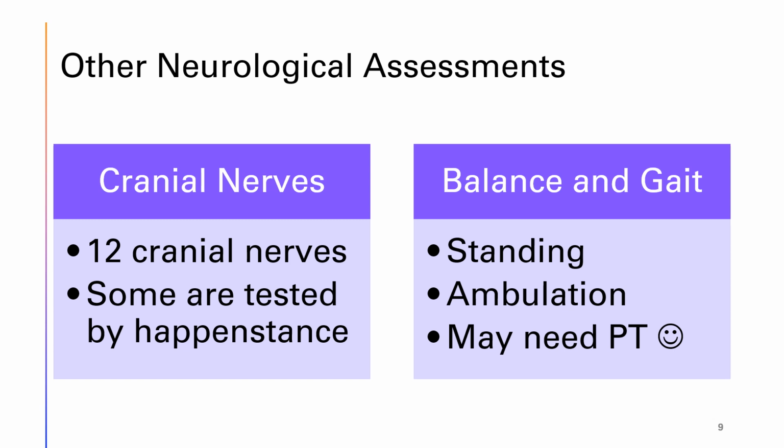One other assessment we do, but normally we do it when we get the patient up to the chair, up to ambulate, is to assess their balance and gait and coordination. We stand them up, we see how well they balance and if they can walk. And if they have trouble doing these, there could be a neurological issue causing it, or they might be having a muscular issue like weakness. Unless you work in orthopedics and neurology, most nurses aren't professionals at assessing these, and in that circumstance, we can consult our friends in physical therapy to help us do a fuller, in-depth assessment.